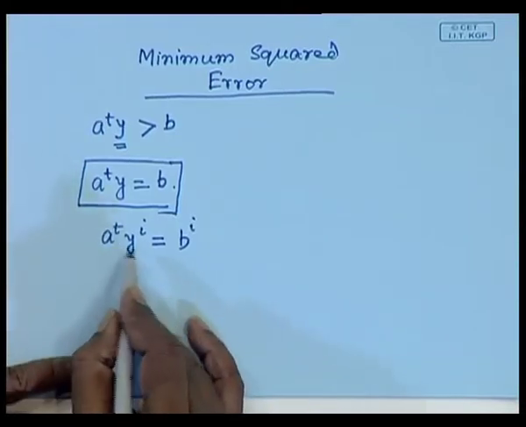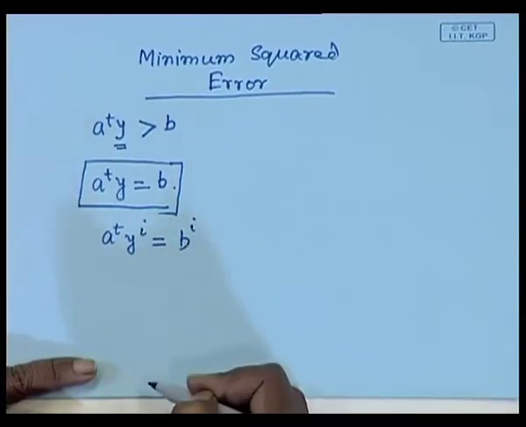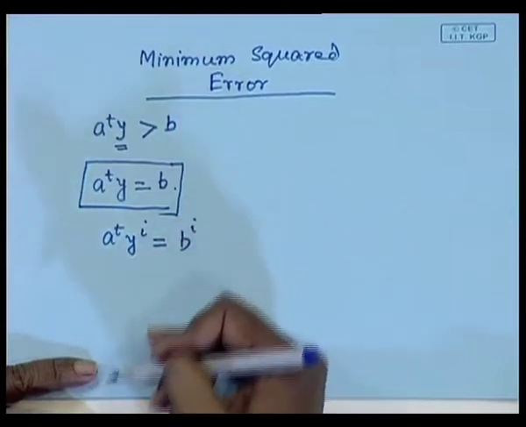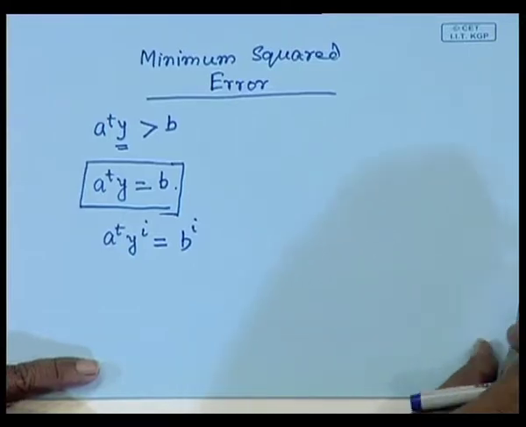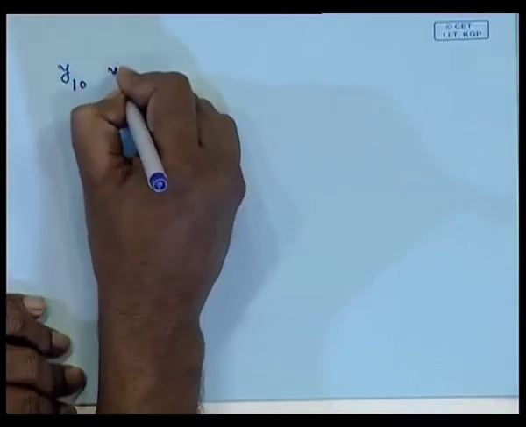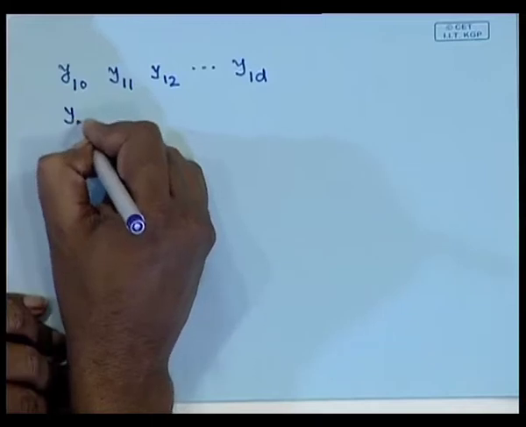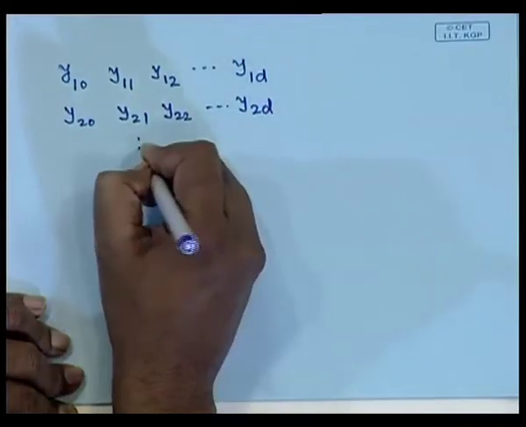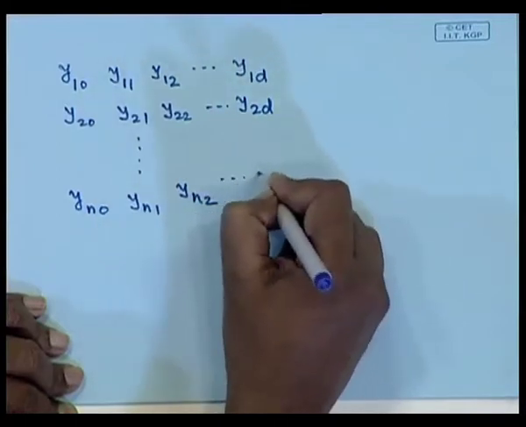Okay. So, for every ith sample I have such an equation, and I have n number of such samples. So, I get n number of such equations. Then what I have to do is solve these n simultaneous equations. In matrix form, it will be something like this: y_10, y_11, y_12 up to y_1d, then y_20, y_21, y_22, y_2d, like this, y_n0, y_n1, y_n2 up to y_nd,